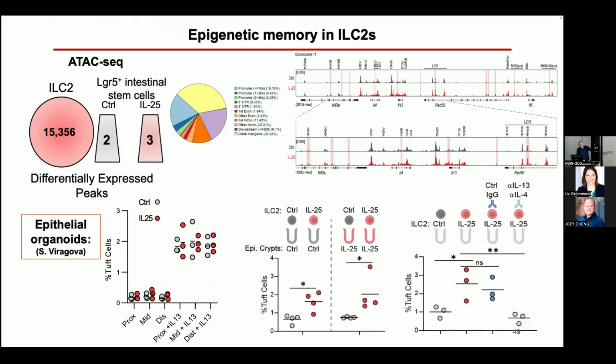And furthermore, they developed crisscross experiments where they could make organoids from either control or IL-25 treated mice, all age matched, treated the same way. Neither one made more tuft cells, and only if they were incubated with ILC2s from the IL-25 treated mice did they develop this tuft cell phenotype, and that phenotype could be completely abolished by incubating with anti-13 antibodies. So anti-13 and 4. So this indicated they had just reproduced Jakob's feed-forward loop in vitro.